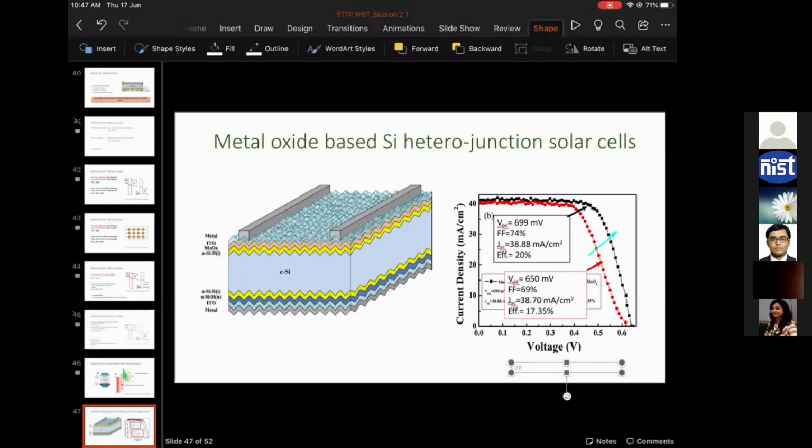Next question is, what is the spectral absorption range for this kind of structure? Spectral absorbance range for this kind of structure. You can answer this by yourself, I believe, because if you see this metal oxide, in case it is molybdenum oxide, it has a band gap greater than 3 electron volt. So it is not going to absorb any visible part. Okay. So the active absorption spectral range. IR part, IR or UV. Exactly. The active part for this metal oxide will be in UV. Okay, only UV.